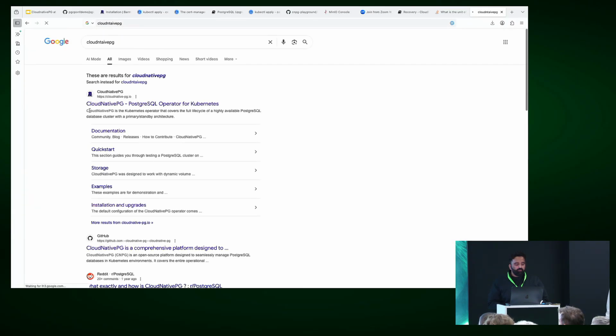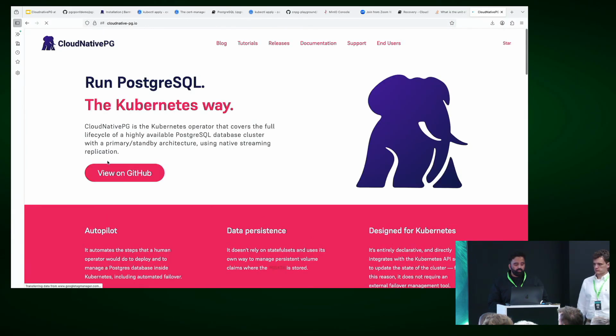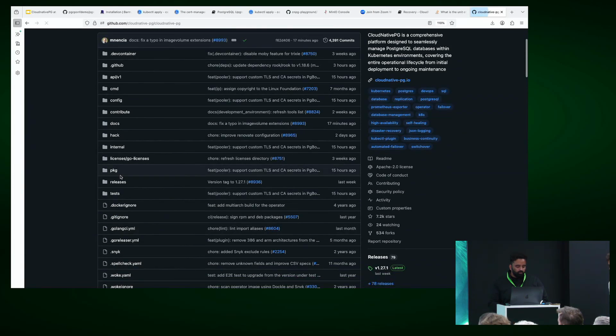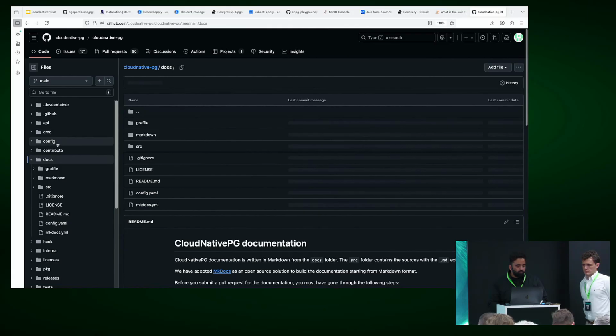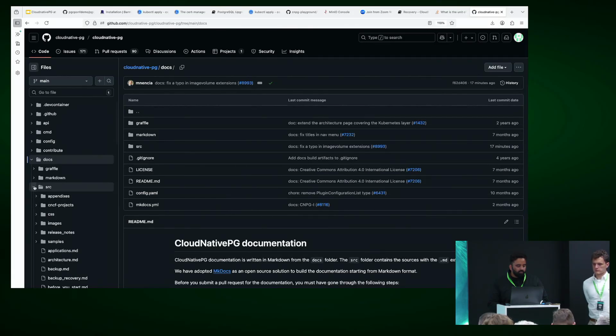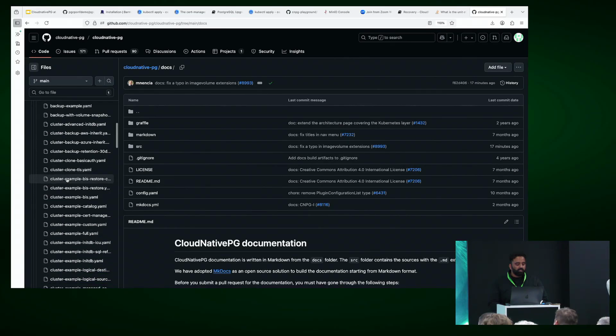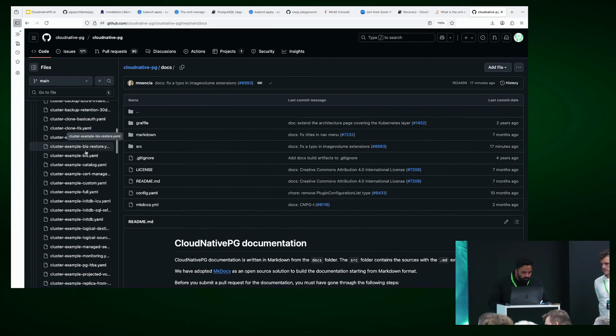We have a lot of examples which you can go through. Probably if you go here and go to docs and go to source and go to samples. We tried to keep a lot of examples over here. So if you see example,